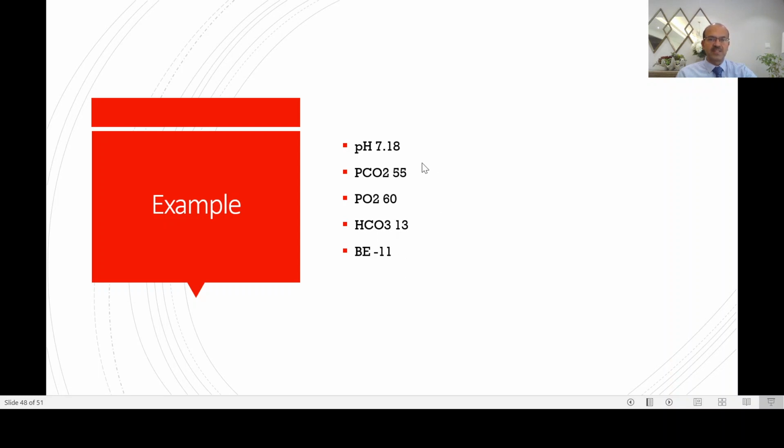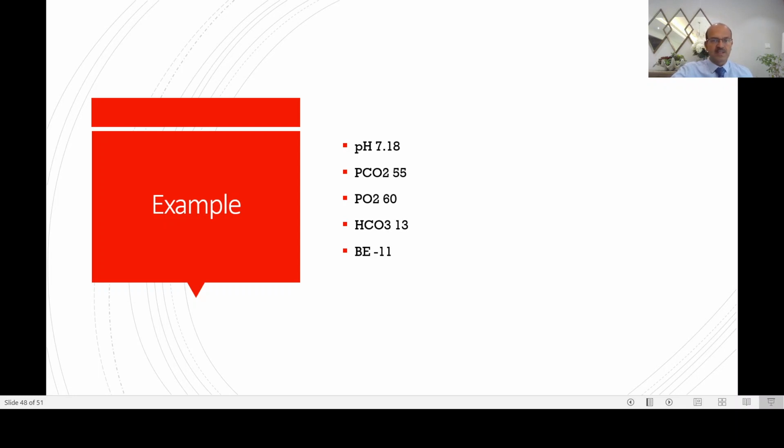So this is a mixed picture, and a mixed picture is not uncommon in babies because they are sick babies where you have a lung disease, and the lung disease is leading to metabolic problems due to poor perfusion, poor oxygenation, and so on. So this is a typical picture we get in a baby with respiratory distress syndrome, for example. So it's not a single direction change. There is no compensation here because the child is too unwell. And if the CO2 continues rising, or if the baby has a high oxygen requirement, you'd make the decision to give surfactant for this baby if it's a preterm baby with respiratory distress.